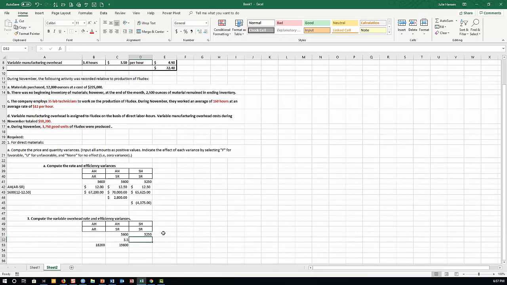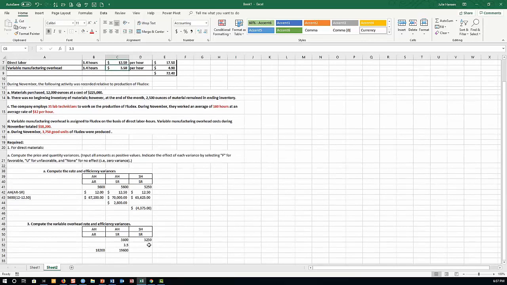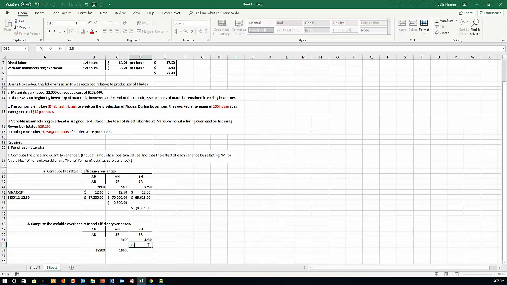Okay, so what's the standard rate for my variable manufacturing overhead? It was $3.50, which is the same thing that I had over here, $3.50. Now I'm going to do some multiplication. So the rate variance is the difference between this and this, right? I should have done this, and I actually did that. So I have a favorable variance there. And under here, I should have done this, and I actually did this. So this is unfavorable,